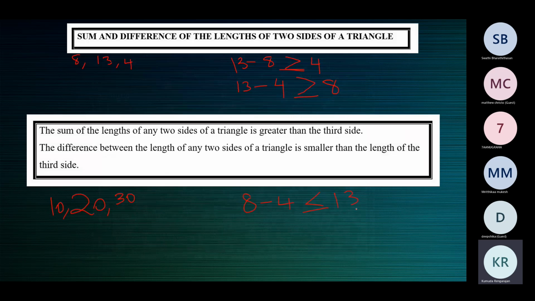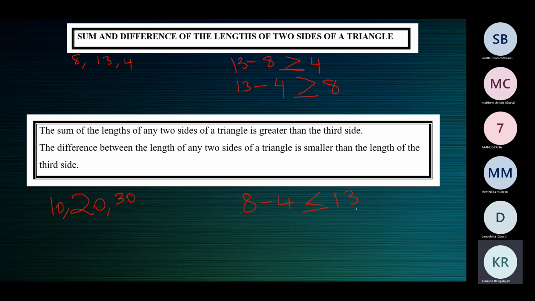What we've been seeing is, when you're given three numbers, with the help of these two properties, you can use any one of these two. You need not check both. So using any one of these properties, you can decide if a triangle can be constructed or not. When we have three numbers, a triangle may not be formed. So if you want to decide if you can form a triangle with three numbers, you'll have to check one of these two properties.